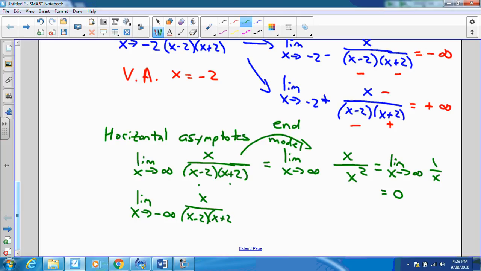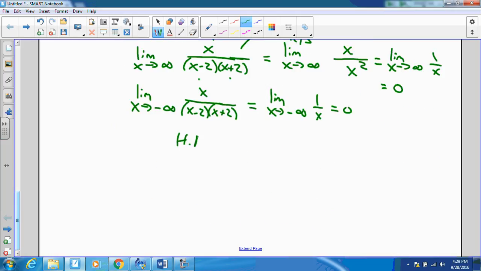Now, all rational functions have the same end models on both sides. And because they have the same end models on both sides, that means I can go pretty quickly to my value there. This allows me to draw the conclusion that my function has a horizontal asymptote y equals 0. And finally,